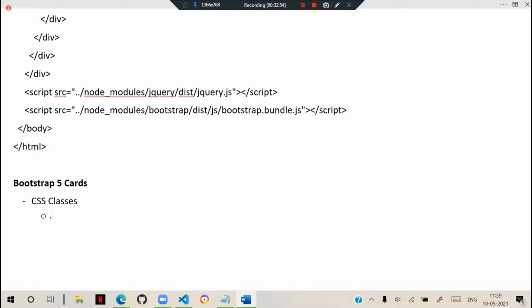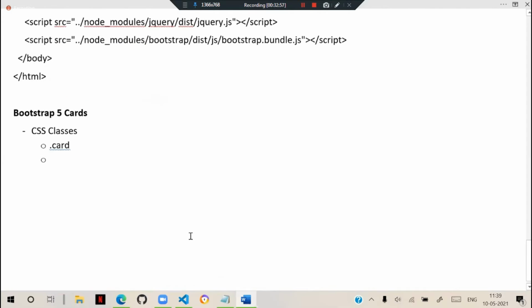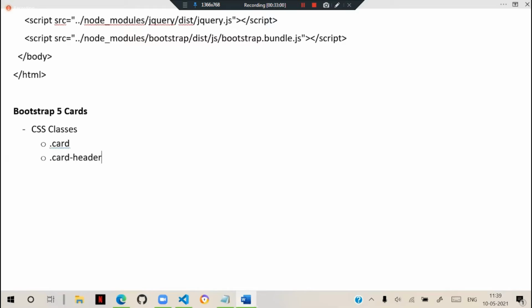For cards, usually we use the class called card, and we use options like card header, card body, and card footer. So cards have a special appearance. You can define body, title, text. According to the content, you can use card title, card subtitle, card link, and card text for displaying titles, subtitles, and text.